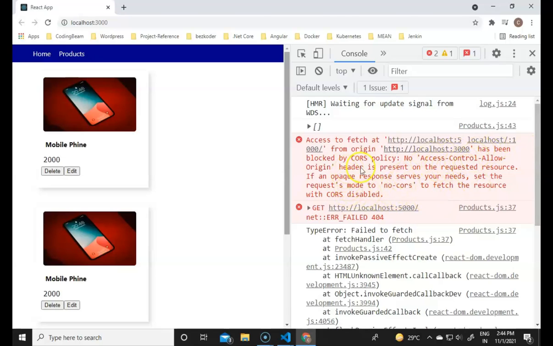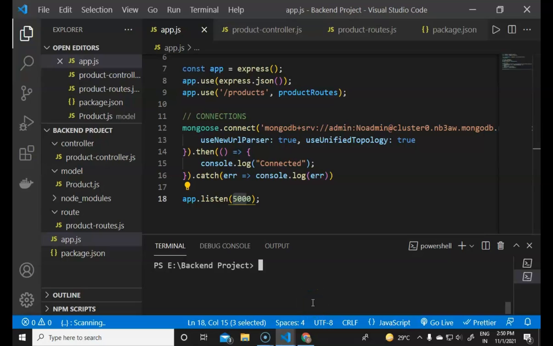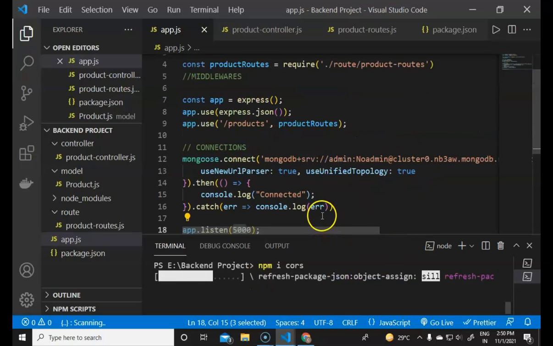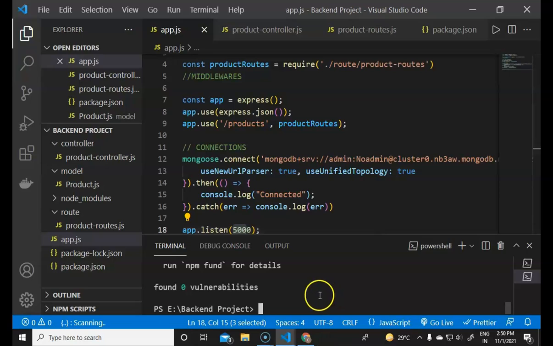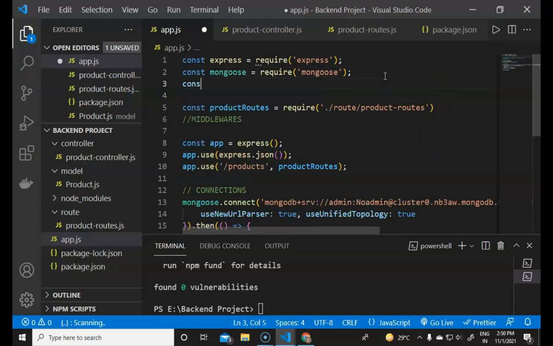No Access-Control-Allow-Origin header is present on the requested resource. To fix this error, we have to go to the backend. If I clear the screen, we now have to install a new third-party package, and it is cors. So we have to install it with npm i cors. It will solve this error, which is coming for security reasons. Now I will import cors in the app.js file, like const cors equals require, and the require will contain